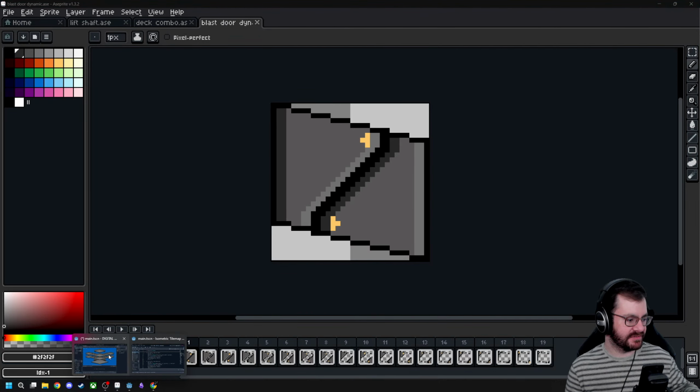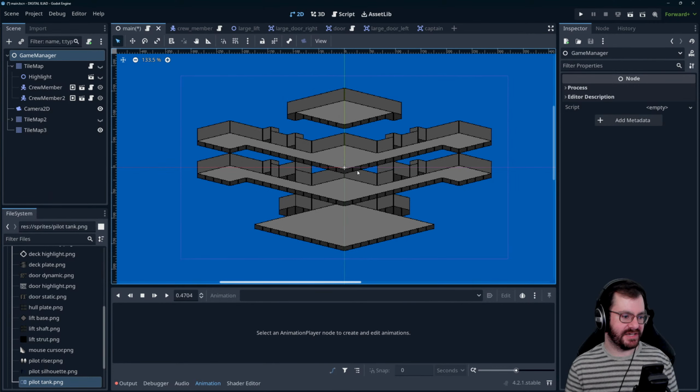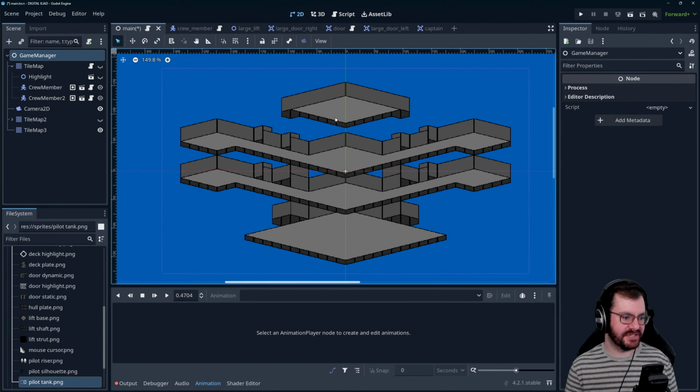Yeah, thanks. I like the blown out look. I think when we view the exterior of the ship, we're gonna try to make it so the layers all compress back together, and then the skin of the ship comes over it. I don't know how we're gonna do that, but